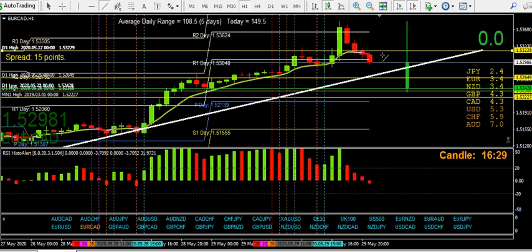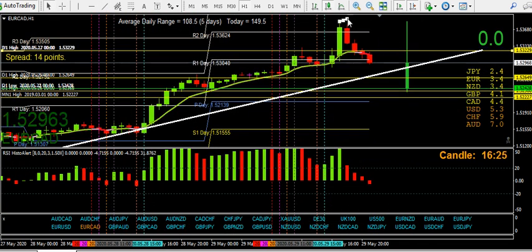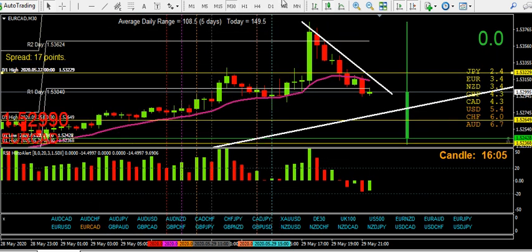So what do we got? I mean, I've only taken those 2 trades today. I've been backwards and forwards, looked at the charts, nothing of any real interest to me. So the hourly 8 EMA is turned down now. As I say, I'm not interested in trading this because I don't want to get caught in a short